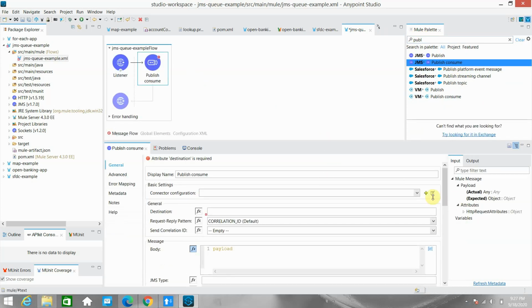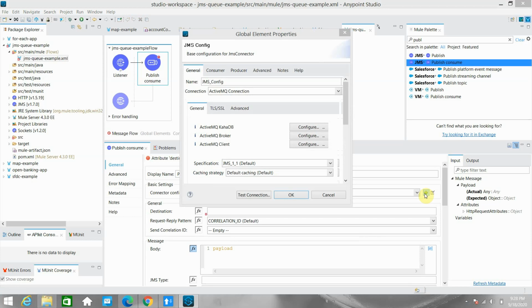Then I am going to do some connector configuration. I will click on this add sign. This publish consume operation allows you to implement request reply pattern. I have already added this library in my solution.